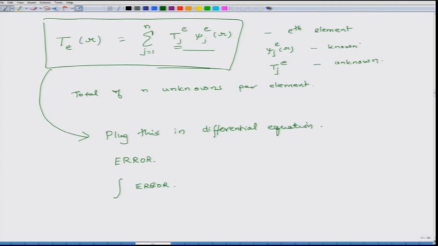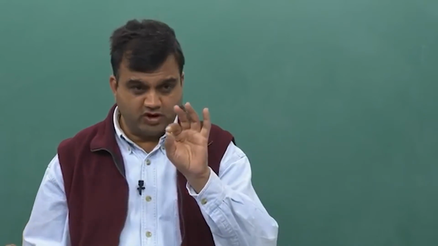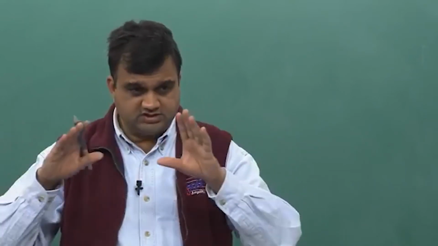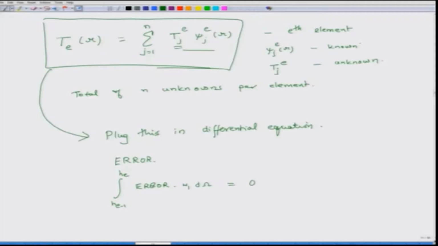Now, do not get confused by "some other", because maybe in 4 or 5 lectures things will become very clear. So we integrate this error iteratively. First time we multiply it by one weight function and we integrate it over the length of the element. So that is my domain. Domain is what? H e minus 1 to h e, right. And we say that this integral of the error is not 0 on a point by point basis, but over the whole domain it is 0.